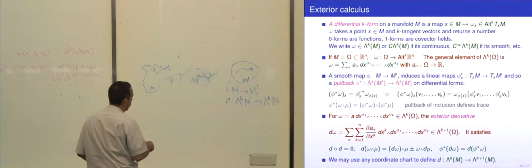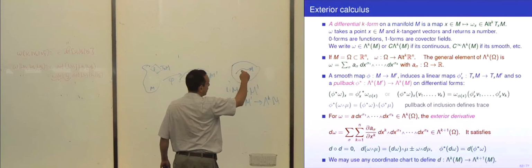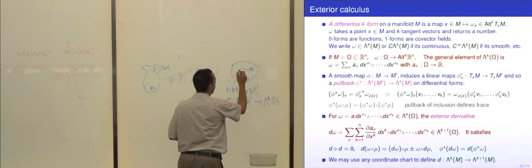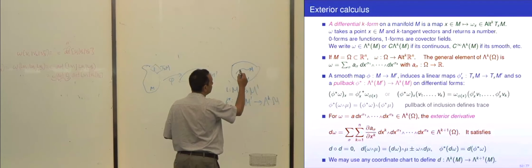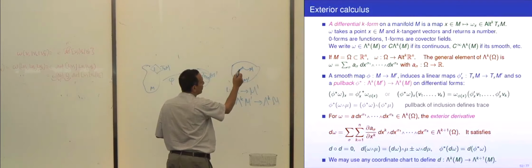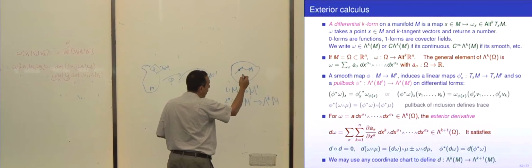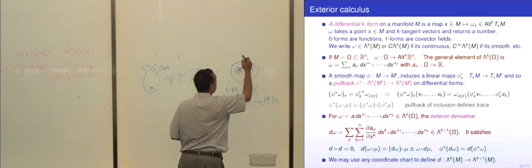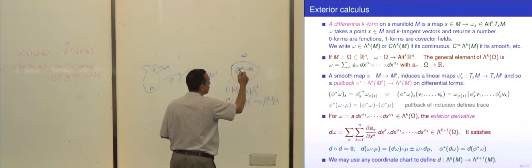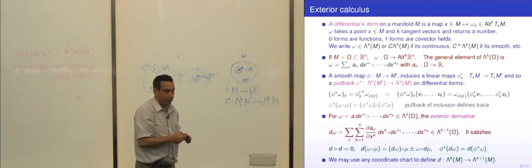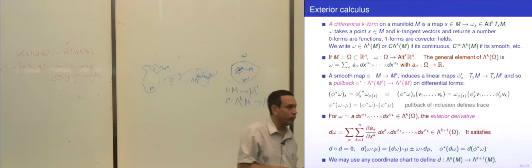And this is a trace operator. It defines something from the big space to the small space. For example, let's say we're thinking about a one form. A one form takes a point and a tangent vector at the point. At M prime, I can think of that point as being in the bigger manifold M prime, and I can think of the tangent vector as being tangent to the bigger tangent space. Then I can forget that my omega acts on all tangent vectors in the big space, and I can only look at it applied to the tangent vector to the small space. So I forget all the other directions, and that's the trace of a one form.